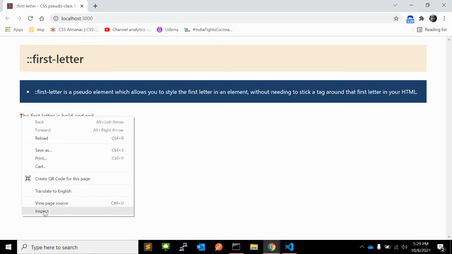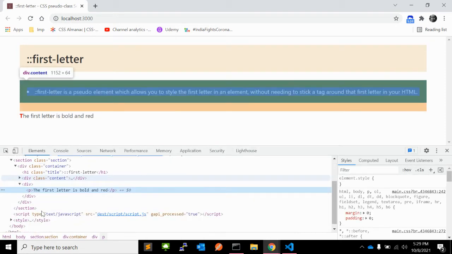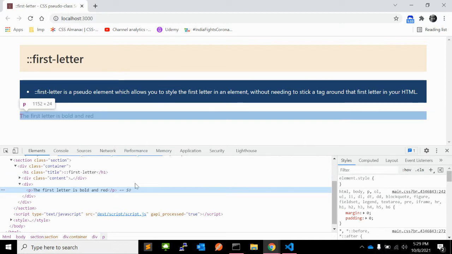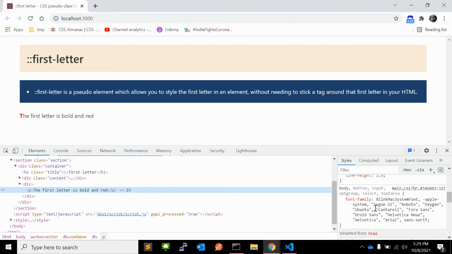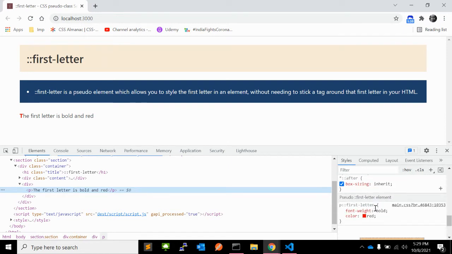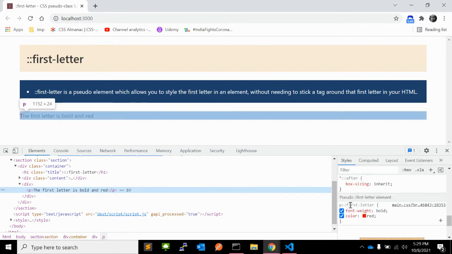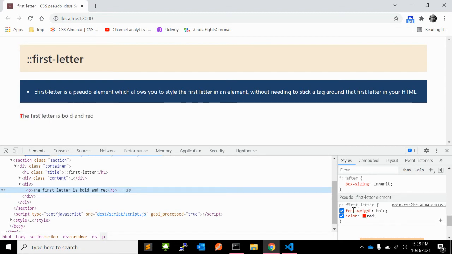Let's inspect that p paragraph, and here it is. The p first-letter pseudo class and the style.